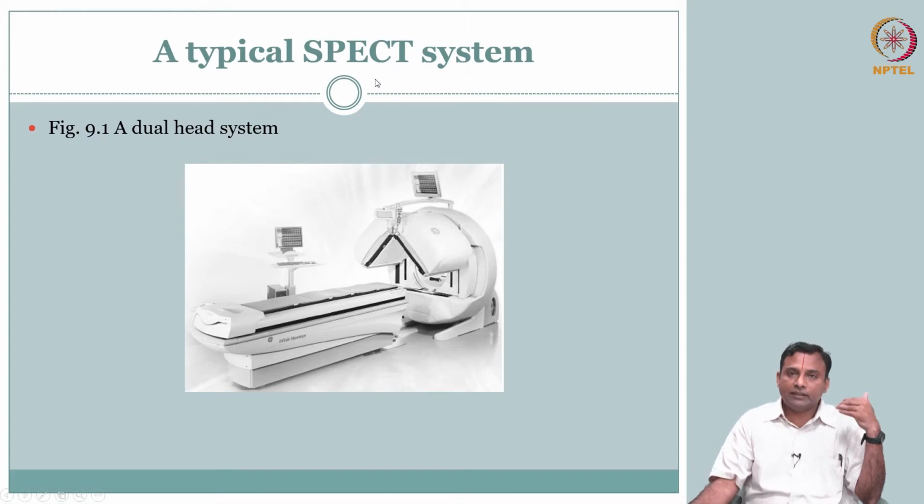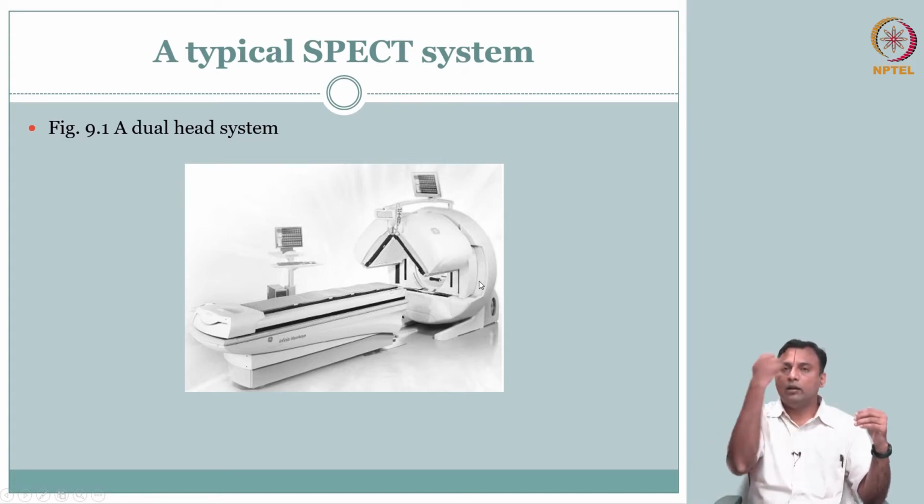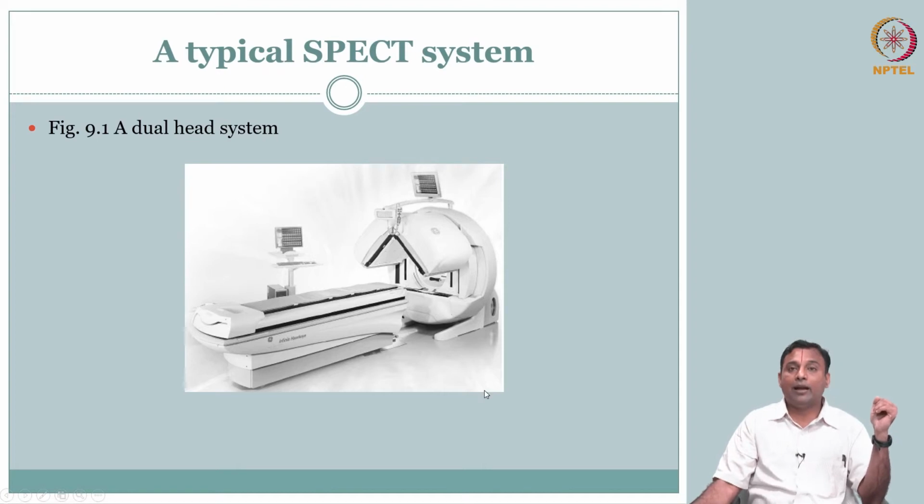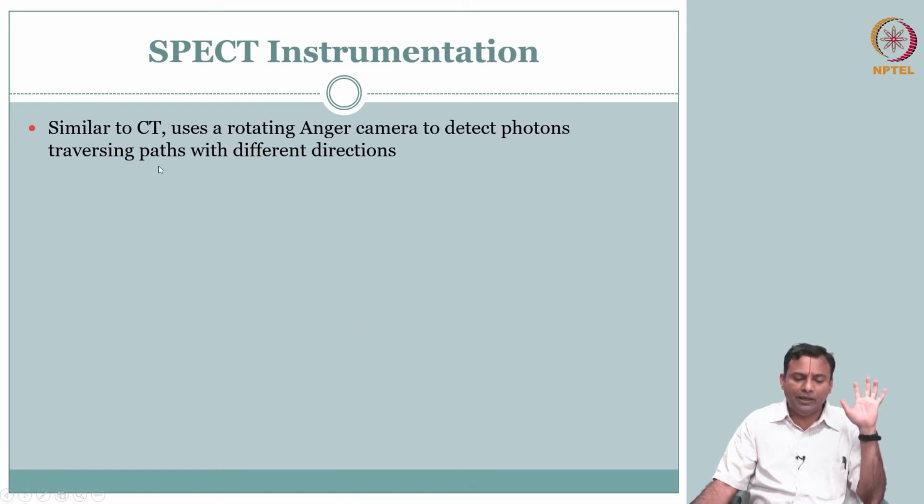Okay. So here we start with the planar scintigraphy concept. The only thing that we add on to the instrumentation is this arm. Of course, here is an example of a dual head system. You could extend the same, one head, one planar scintigraphy Anger camera, you can put it on an arm and that can rotate around in different directions, you can get the planar scintigraphy data and then do the reconstruction. So this is the difference. Of course, because you have to do reconstruction, there is some small detailing that needs to take place, but otherwise it is very similar.